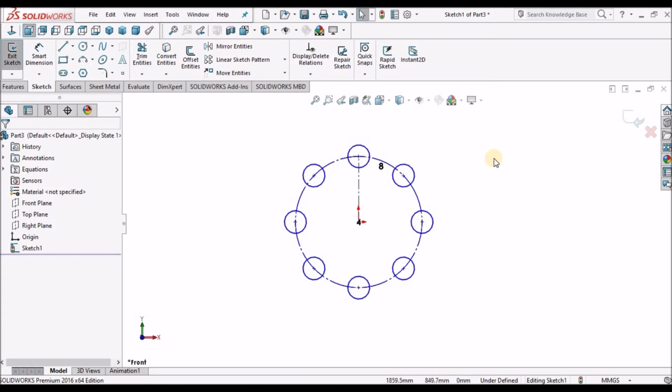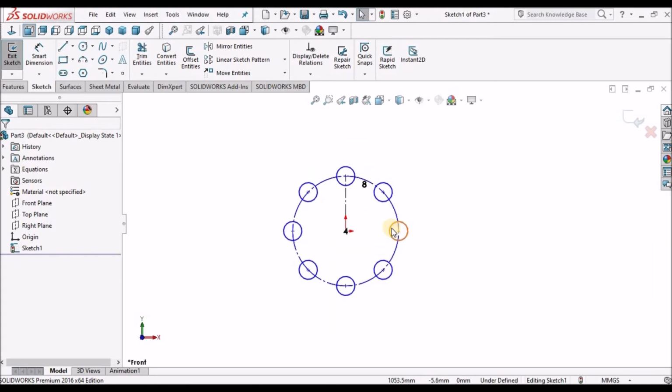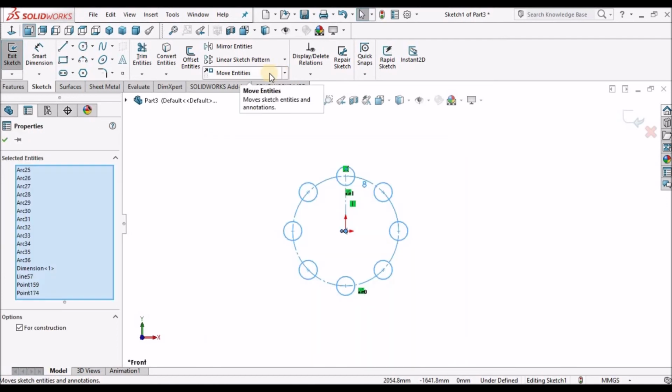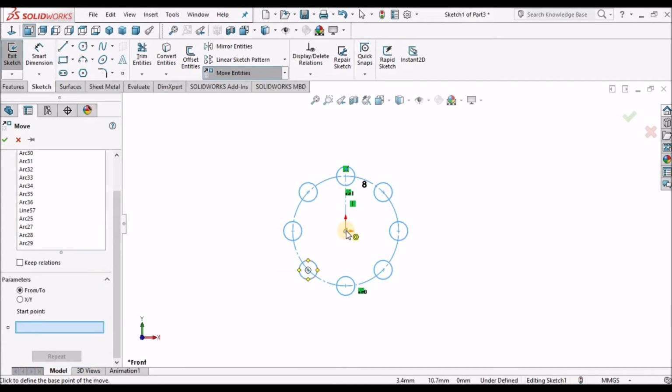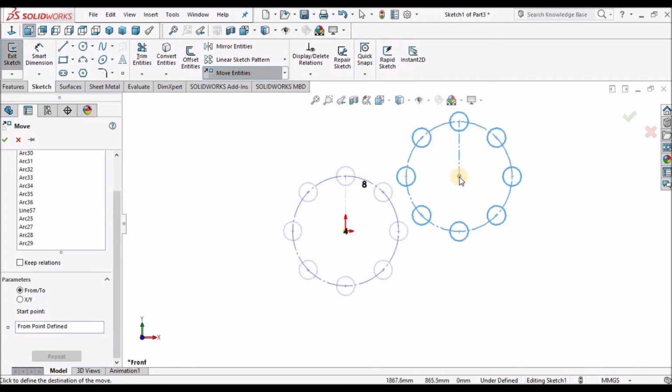Okay, next, if I want to move these entities, I need to select all of them, click the move entity option, click any point, and I can move it.